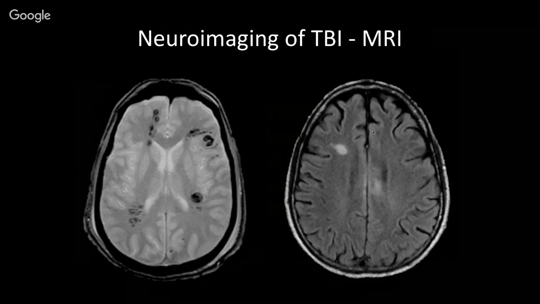So the sequence on the left is what's known as a susceptibility weighted imaging sequence, and this is an approach that is largely geared towards looking at deoxygenated hemoglobin within the brain. It allows us to see microbleeds with fairly high resolution and fairly high sensitivity. The image on the right is a fluid attenuated inversion recovery sequence, also known as FLAIR, and this shows a bright area over to the right side of the brain that is likely consistent with glial scarring.